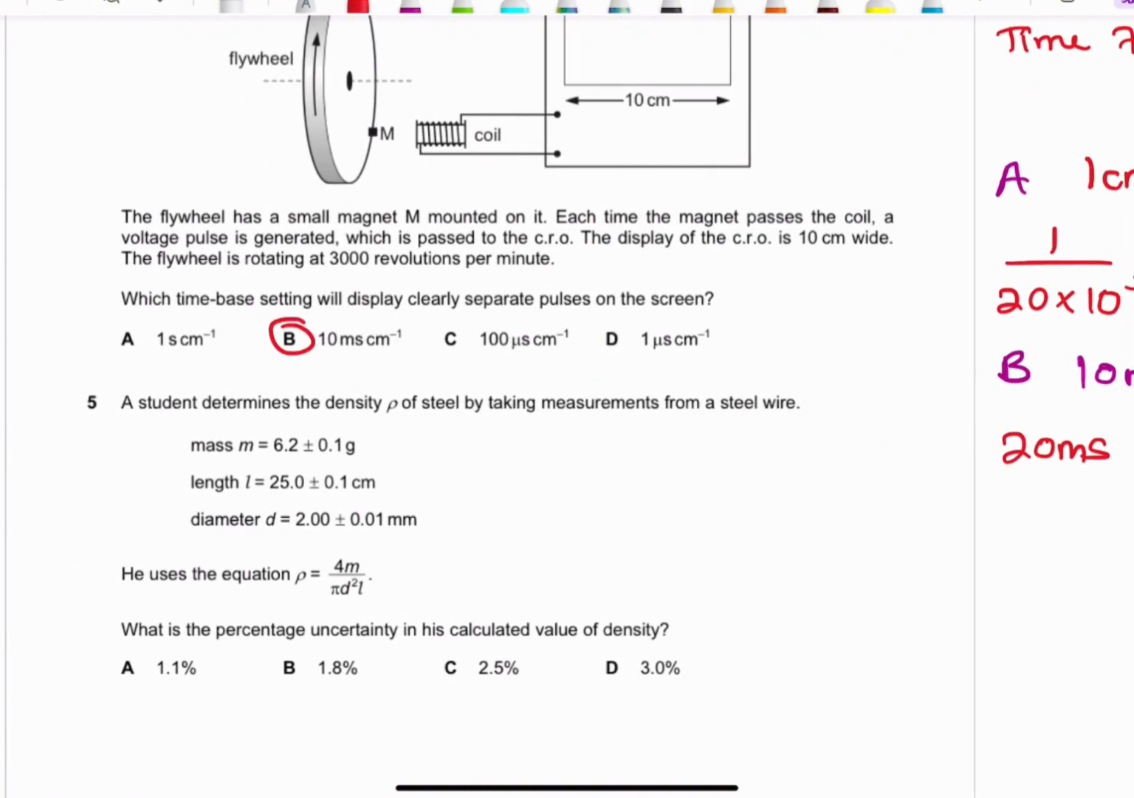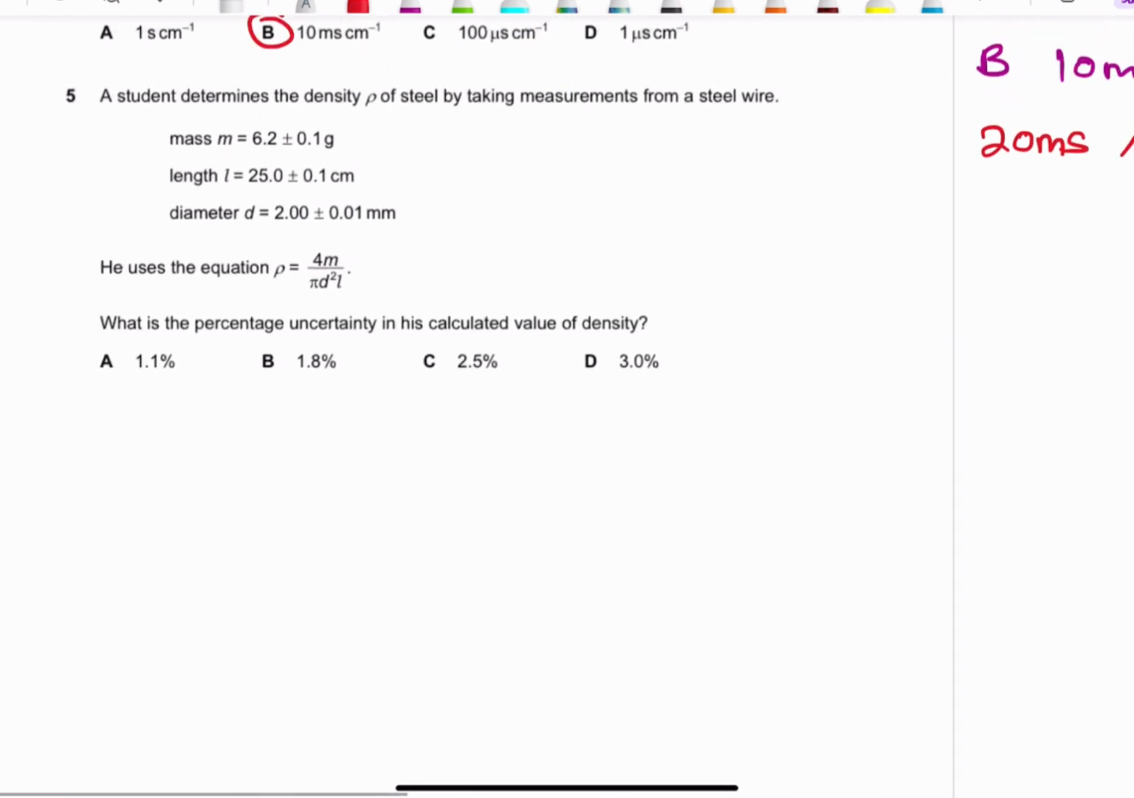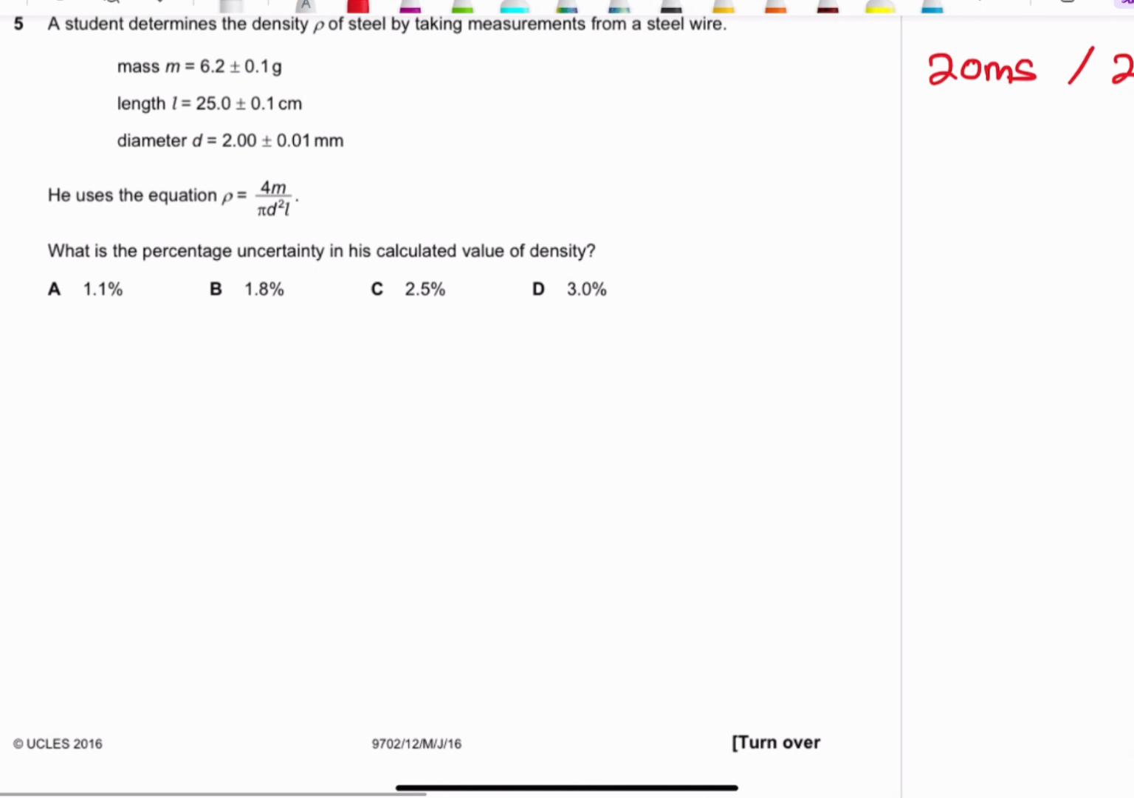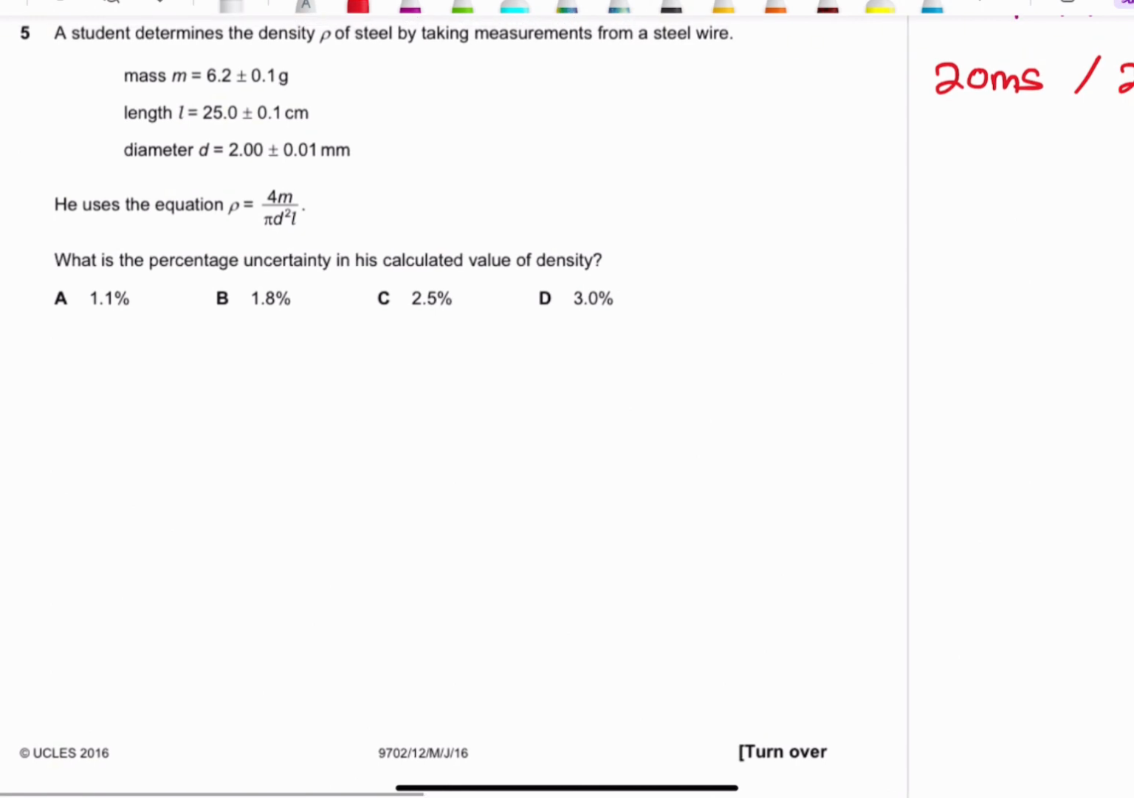Very important. I'm moving to question number 5. We've been asked what is the percentage uncertainty in the calculated value of the density. So how do you find the percentage uncertainty? Number 5 is a question on percentage uncertainties. We know that delta rho divided by rho will be equivalent to